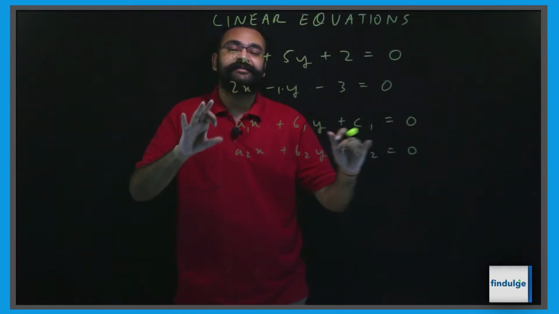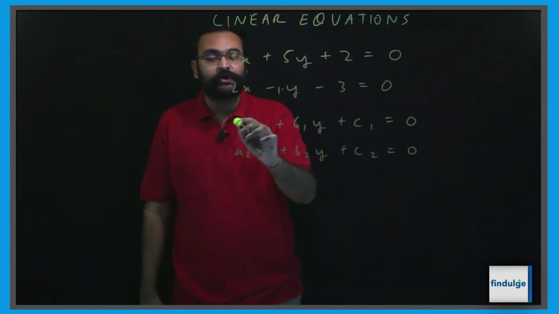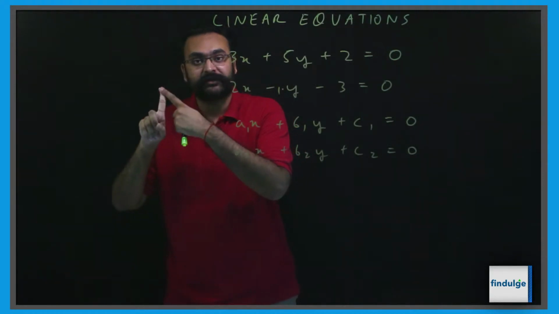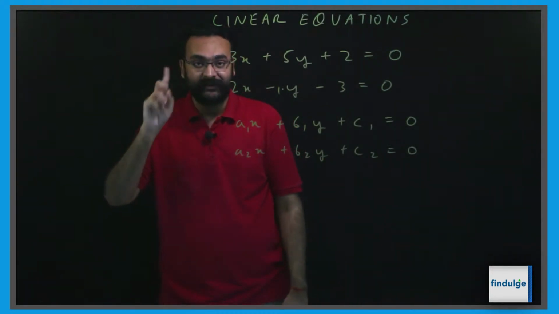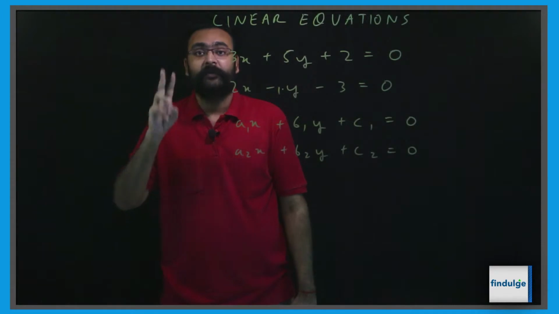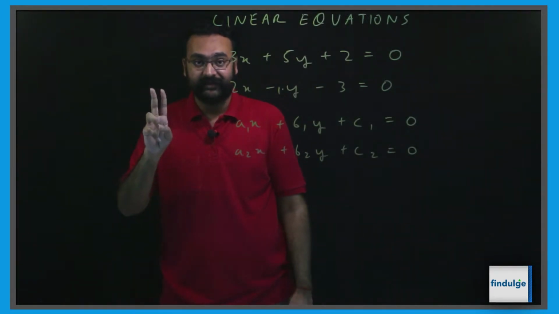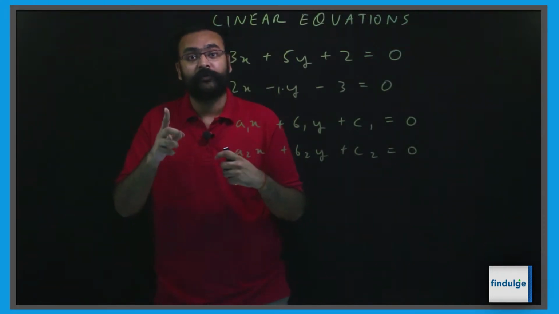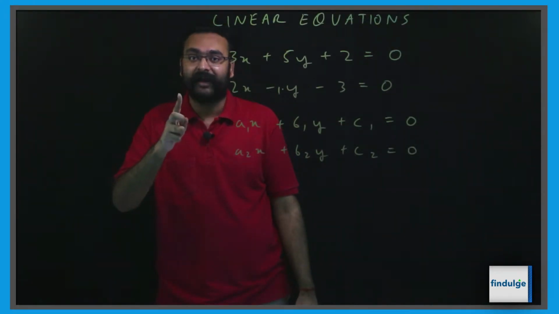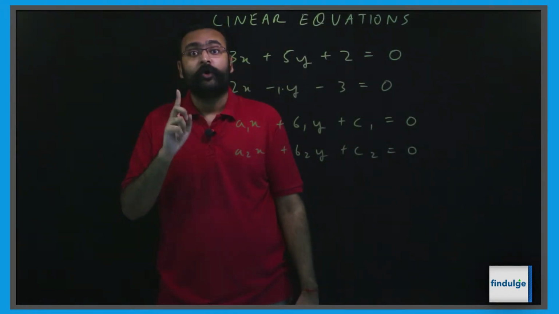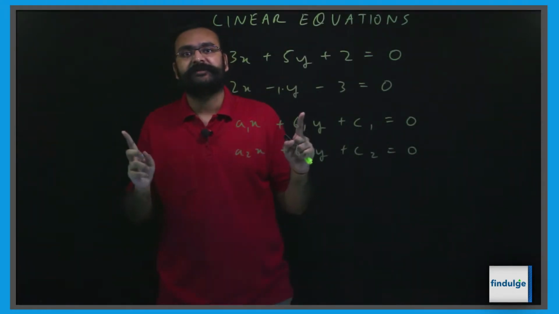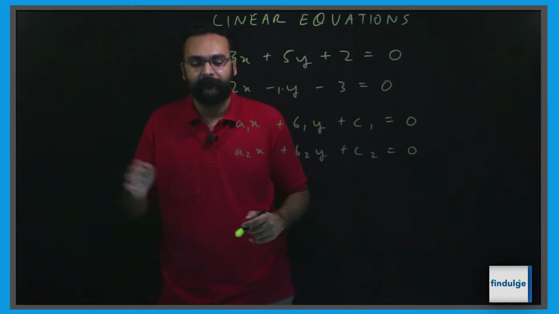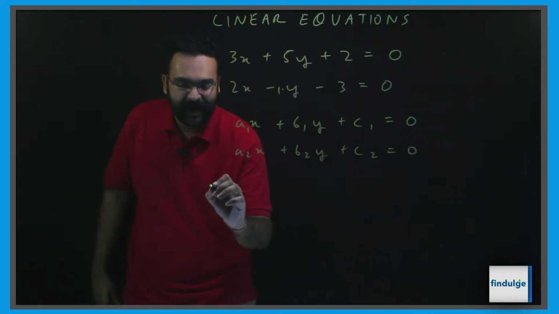Just by analyzing the relationship between these coefficients and constants, we can determine if we will have a solution, that is whether the lines are intersecting. If we will have no solution, that is the lines are not intersecting, which means they are parallel. We know from geometry that only parallel lines never intersect. Or if we have infinite solutions, which just means the lines are exactly the same. So the three conditions we have are: